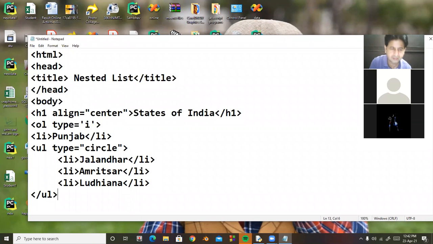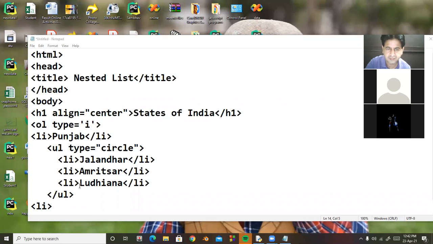So look at here, I'm not closing the main list, I am just closing the unordered list, the nested list. After that, the main list will continue as it is. LI, here I take Uttar Pradesh.